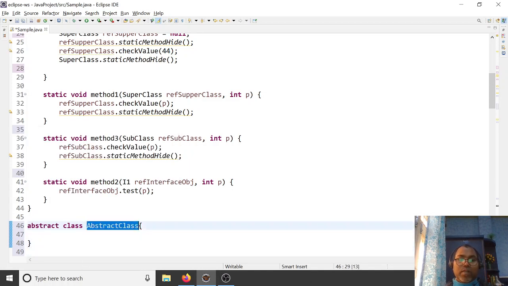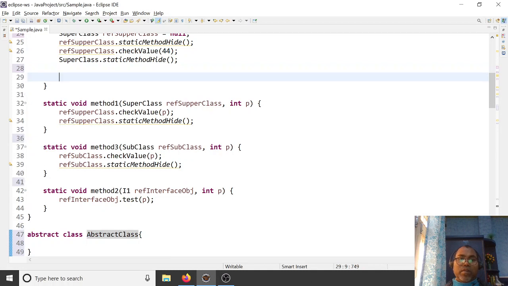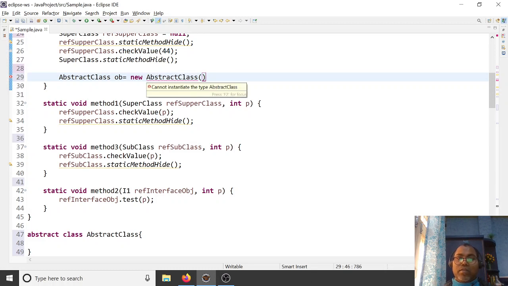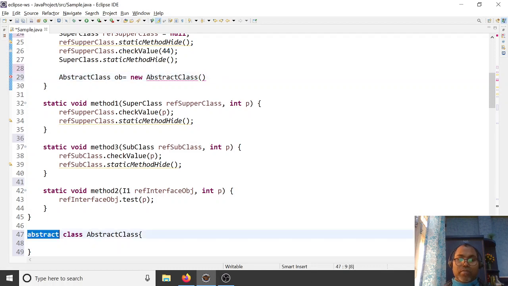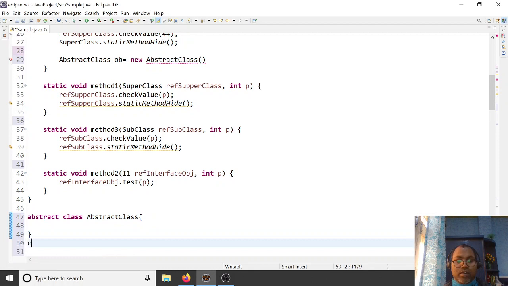In this case, with an abstract class you cannot create an object of the abstract class. You cannot write obj equals new of the class; it is not allowed. The compiler says it cannot instantiate the type of abstract class. So be clear: if a class is abstract, you cannot instantiate it, but you can make a subclass.